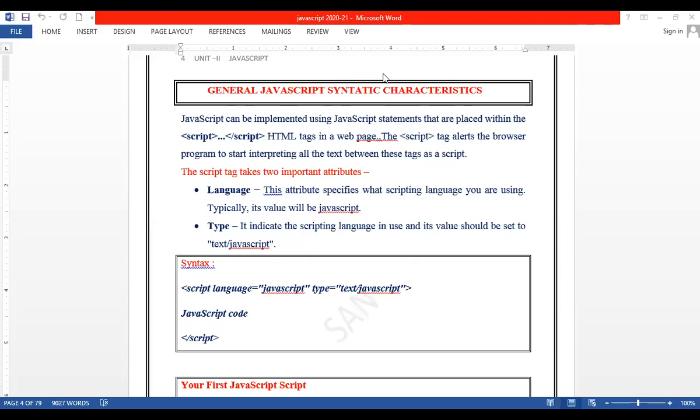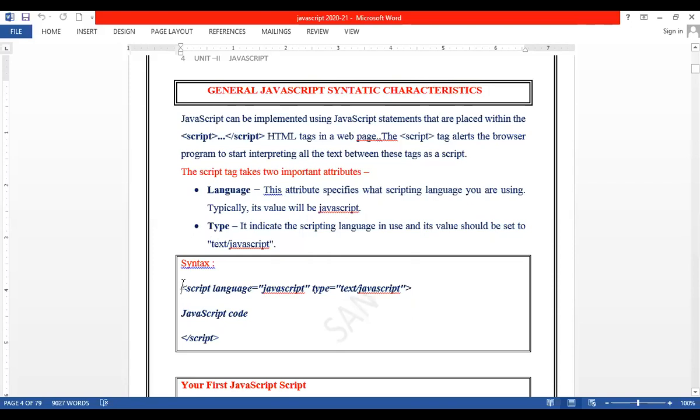Before going to that, let us see the more important thing for today. The script tag has 2 important attributes. As I told you, when you want to write JS, what is needed there? We compulsorily want to include which tag, students? Script tag. So inside the script tag, you see how it is written.